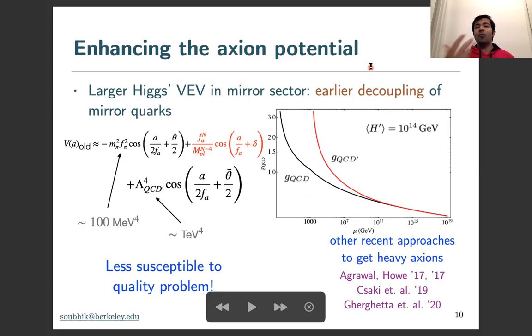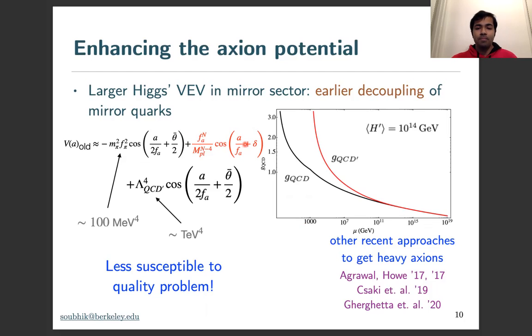However, there is one big benefit of having a large Higgs mass, which is the fact that the mirror quarks are now much heavier after the Higgs prime gets a mass. And as a result, when you run down to low energies, the mirror quarks decouple much earlier, and QCD prime runs much faster in the IR. So as a result, the QCD prime confinement scale is now parametrically bigger than the QCD confinement scale, for example. And as a result, you have an axion potential which is parametrically enhanced, but still aligned with the QCD generated potential. And because of this enhancement, it can fight better against the Planck suppressed correction. And that's why we are now less susceptible to the axion quality problem.